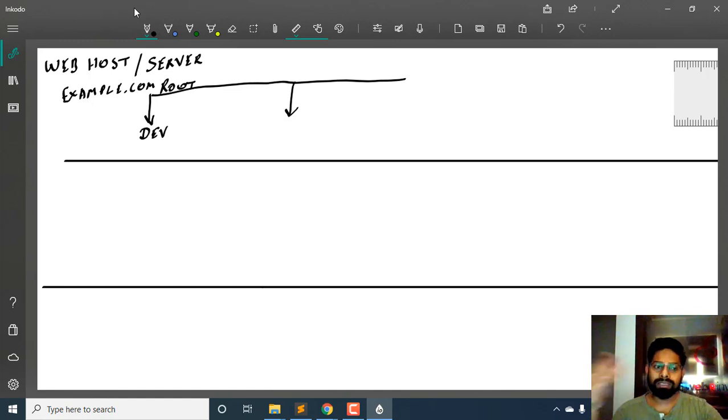Let's say example.com is your website, and if you type example.com, the HTML or PHP file that will be served, that folder is called the root folder. In that root folder we are creating these folders: one is develop, the other is release,